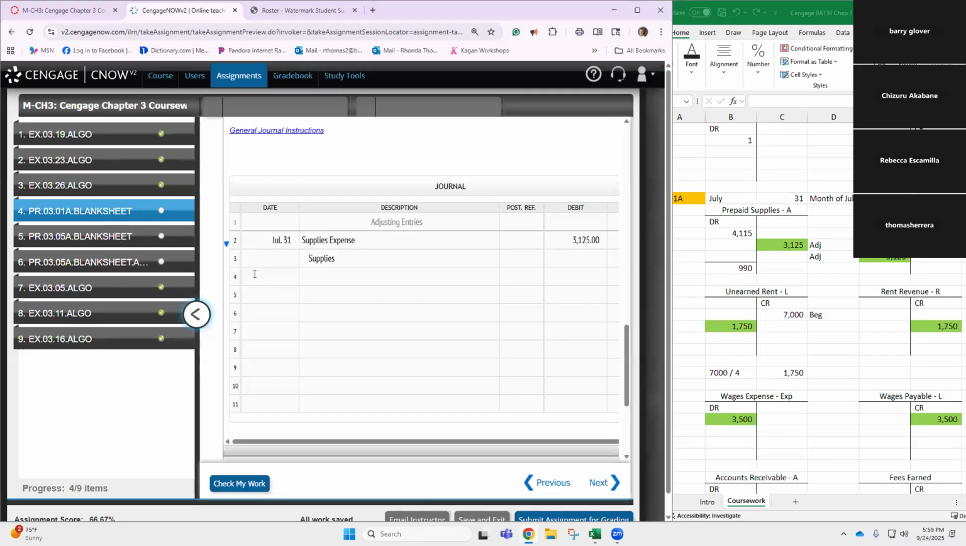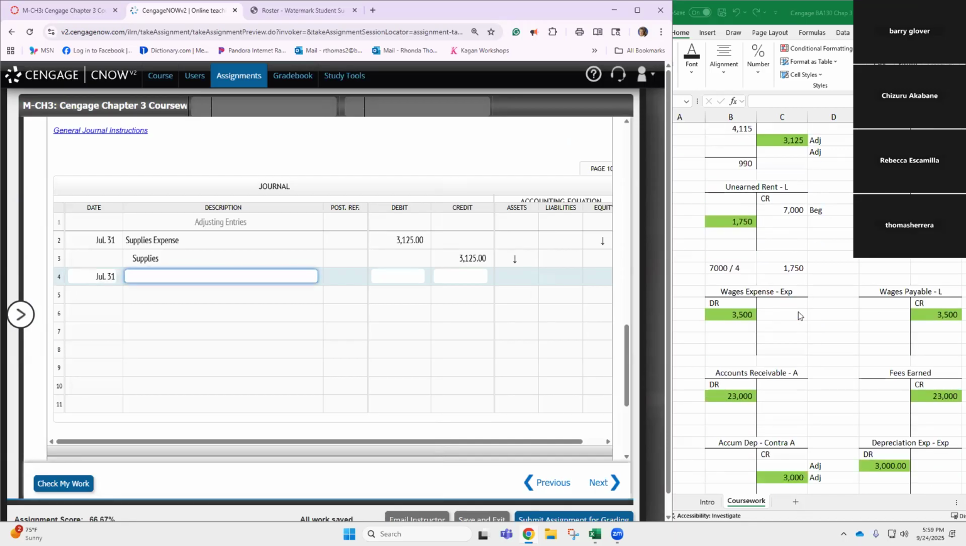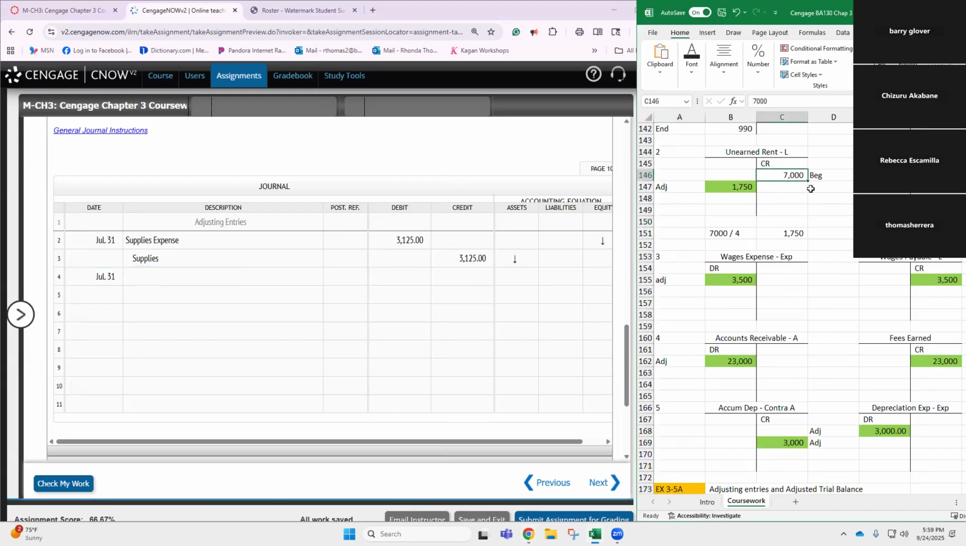All right, let's put the new date. Our next entry is going to be July 31st. Okay, let's see what's going on here. It says that unearned rent balance on July 31st. Okay, so I've got to put a new beginning balance in. Unearned rent is going to be a liability, so you're going to put it in as a credit balance. So the credit balance is